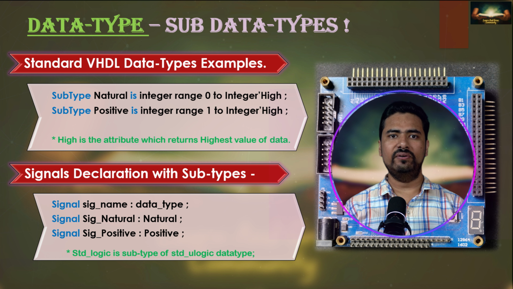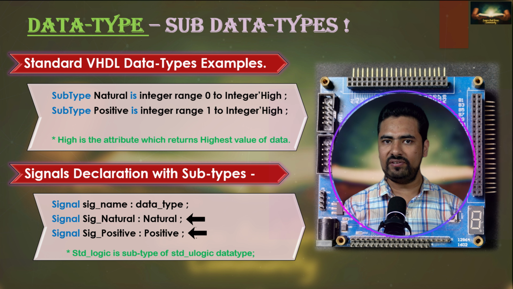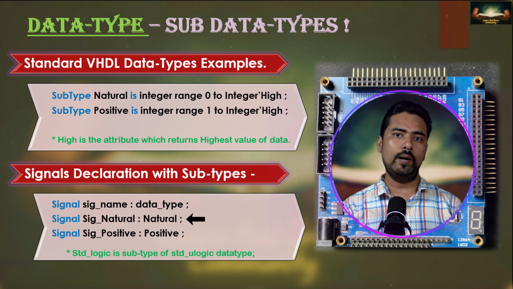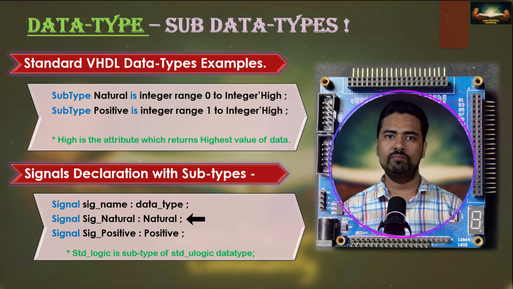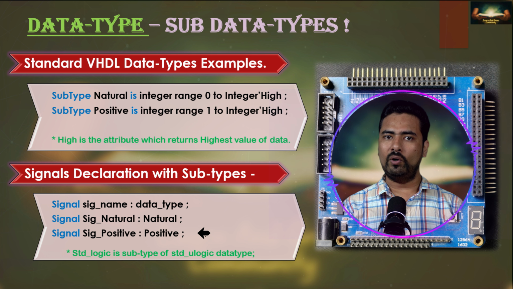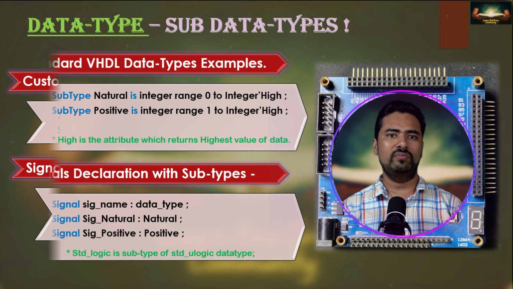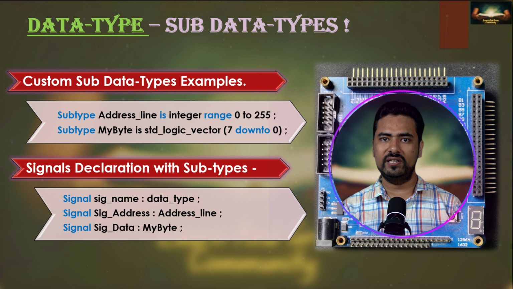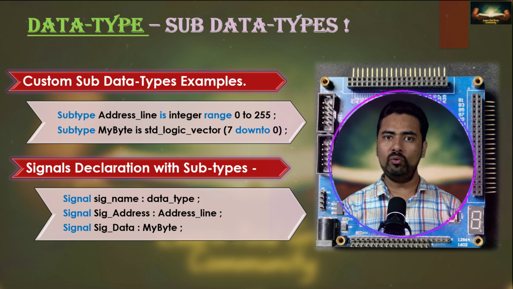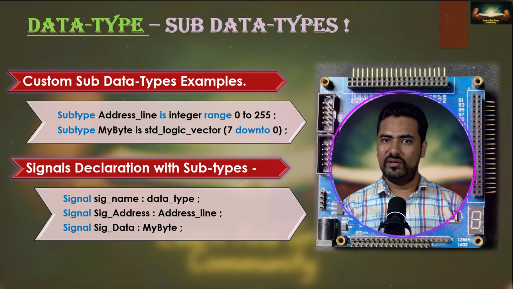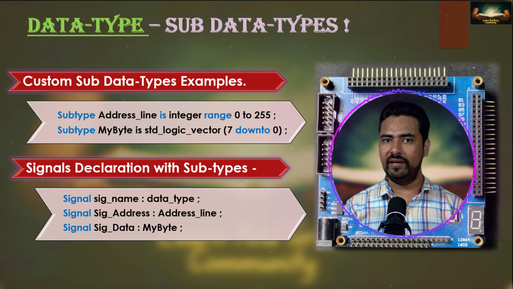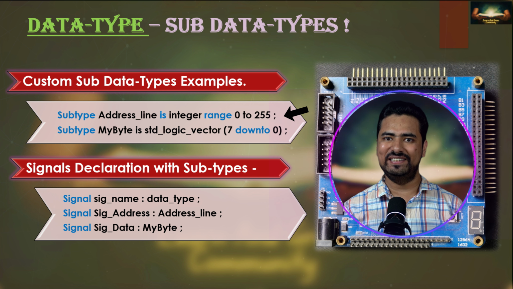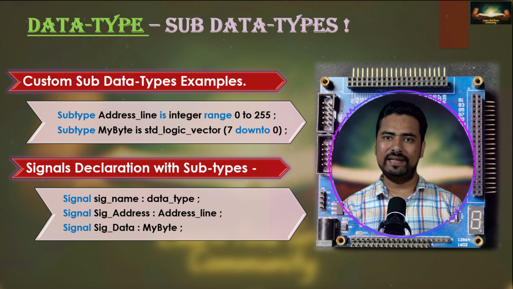The only difference between the natural subtype values and the positive subtype values is that the natural values include all the positive numbers up to 2 to the power 31 minus 1, including 0 value. But positive subtype does not include 0. That's it. So by now we have seen how the predefined subtypes are declared in VHDL packages. Now just quickly see how we can create our own custom subtypes and how they can be a good choice for our designs. Let's understand this with some examples.